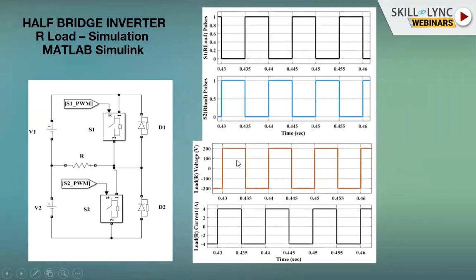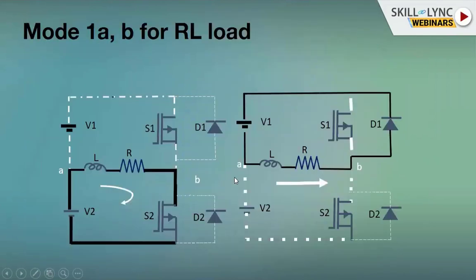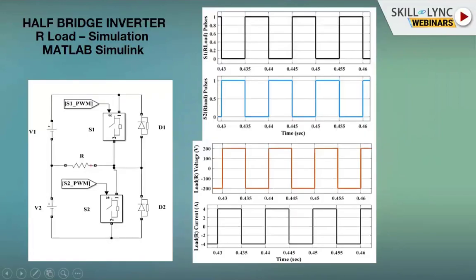It has gone down. This particular circuit we have simulated for 200 volts and a 50 ohm resistor. You can see that the output voltage is shifting between 200 and minus 200. 200 is V1 and minus 200 is V2. The current, if you could see, is 200 divided by 50, which is nothing but 4. So the current is shifting between plus 4 and minus 4. It takes the same waveform as that of your load voltage. Now, square wave inverters, as the output seen over here is a square wave.